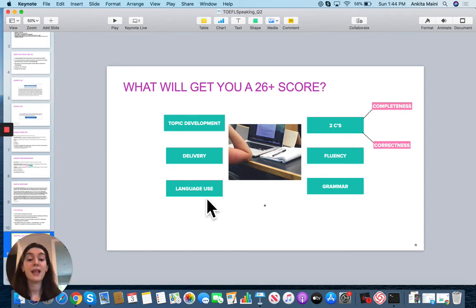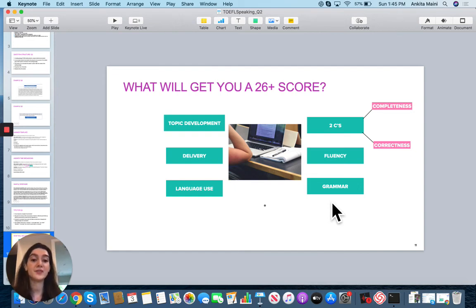The third is language use, and that's where your grammar and your advanced vocabulary come into play. So how many errors can you make with grammar? The most common question I get is, in question number 4, am I using the past tense or the present tense? The thing is, when you give your TOEFL responses, you're going to be switching back and forth between 2 to 3 tenses. So I can't really say, okay, on question number 4, it can be all in past tense. It just doesn't work like that.